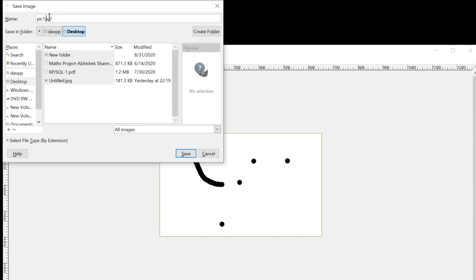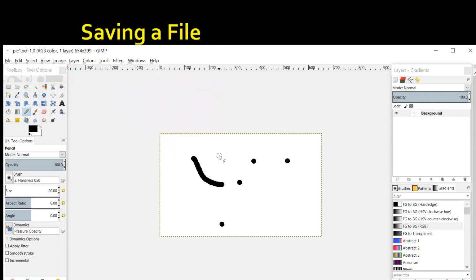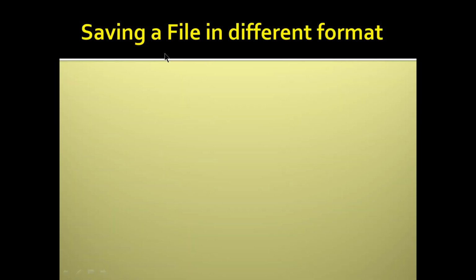This extension is automatically coming with it. By default, GIMP images are saved with XCF extension. Okay, it's the default extension of GIMP is XCF. Then just click on save. The image will be saved with the same name. You can see the name has come here, that is pic1.